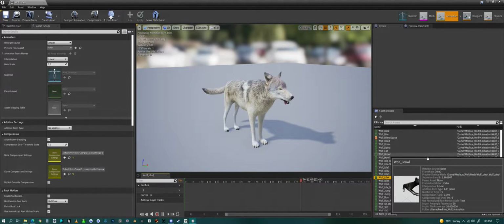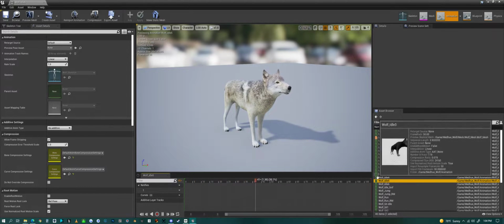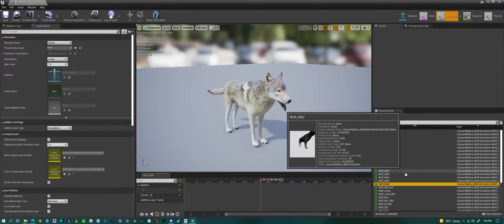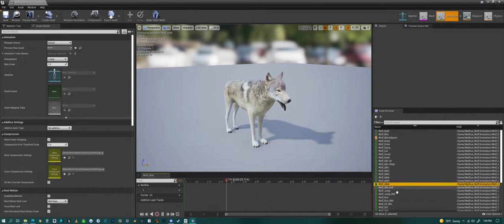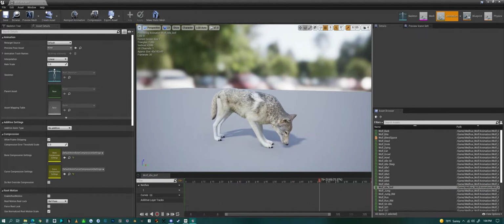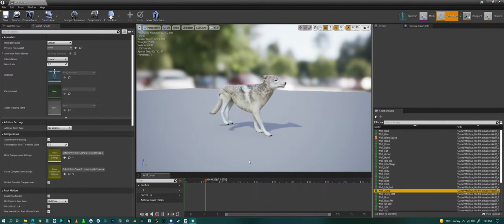Idle 4, wagging his tail. Idle 5, sniffing the air. Idle 6, tongue out and tired, sniffing the ground. Then we have a jumping animation,